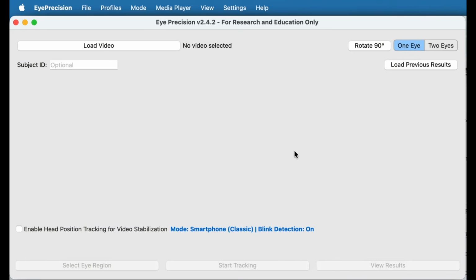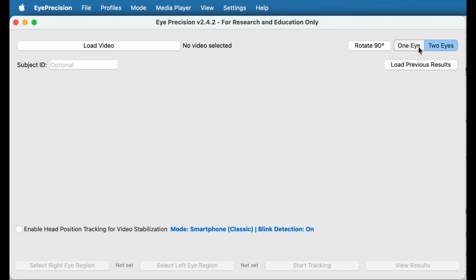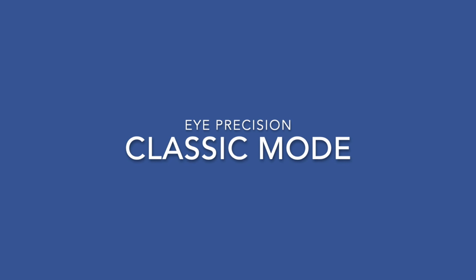So as you can see, we're in iPrecision 2.4.2 here. Currently we're in classic smartphone mode, so that's the modes that you select from the menu at the top here. You see Iris there and classic. We're going to be analysing a video with one eye for this demonstration. So I'll go ahead and load the video in and we can take a look at how classic mode was